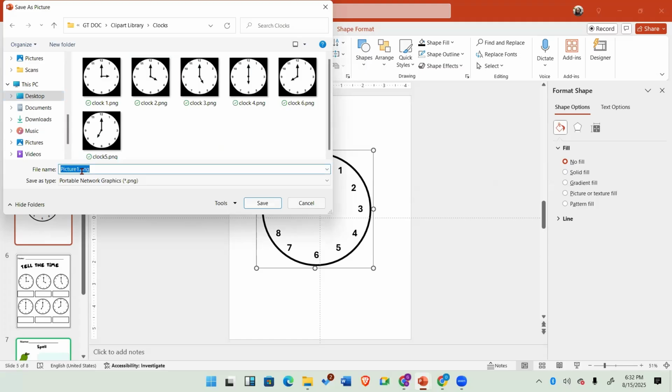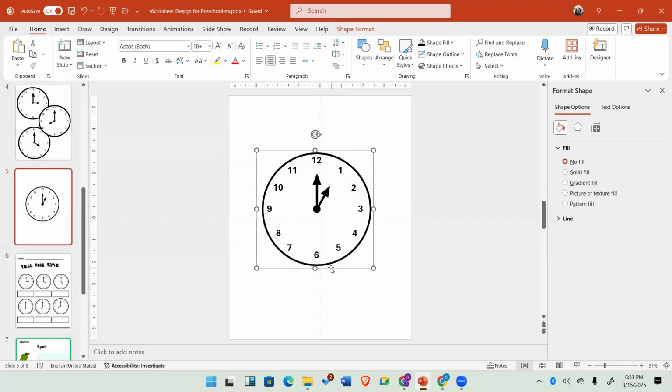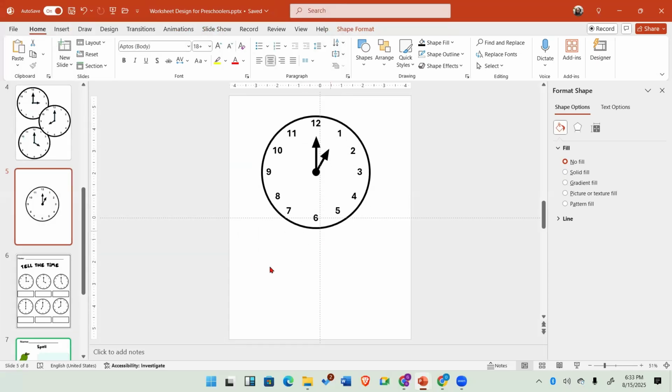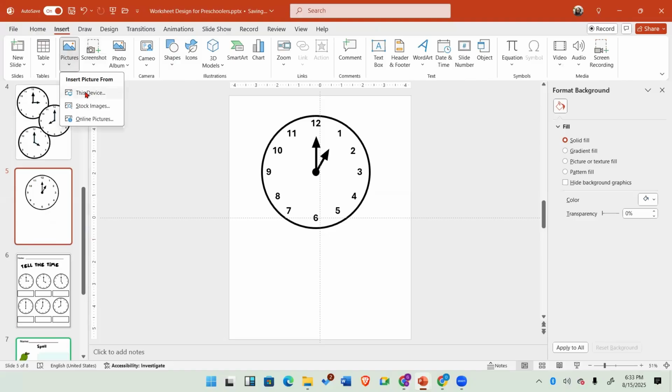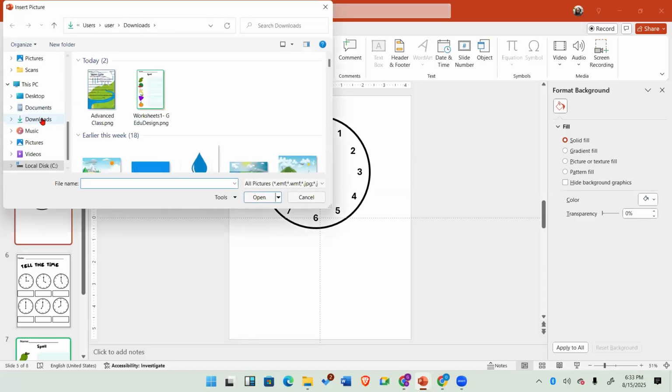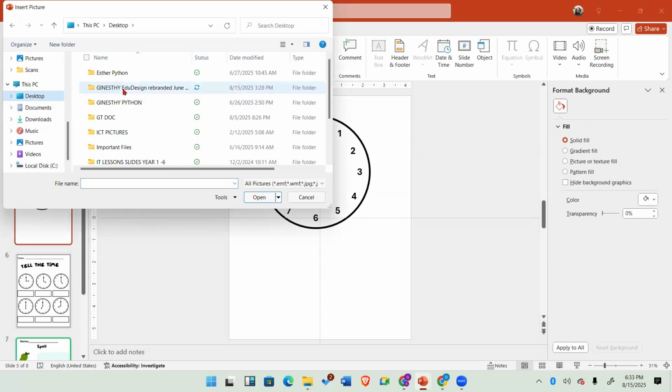So let me just name it 1 o'clock. I don't worry about the typing. That's how I want to leave it, 1 o'clock. And then I'll click save. So that is saved. Now watch, let's import it. And let me show you what I mean. Insert, picture, this device, desktop,